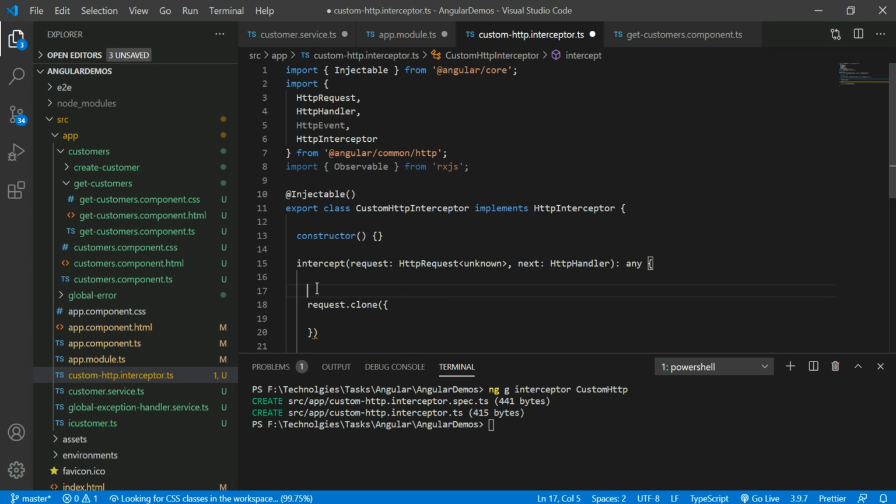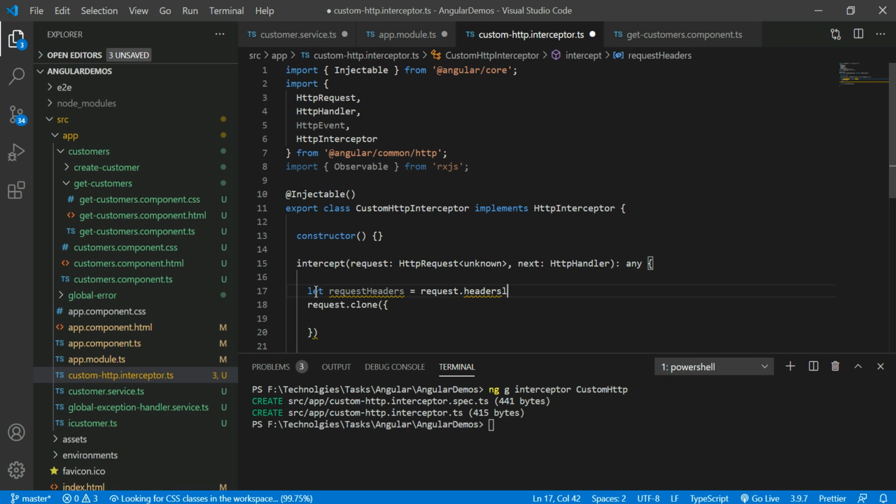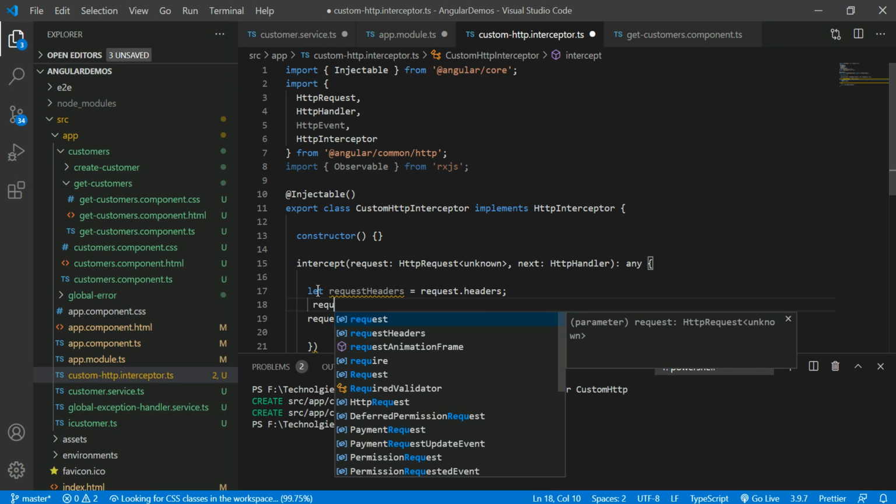So create one local variable here. Start with headers. Whatever headers the API contains, that is this one. And let me add some customized header for this request headers.